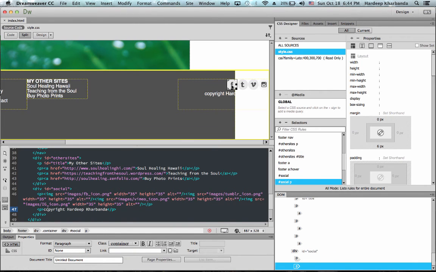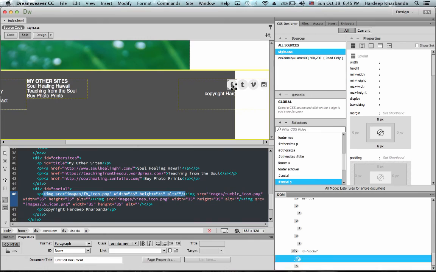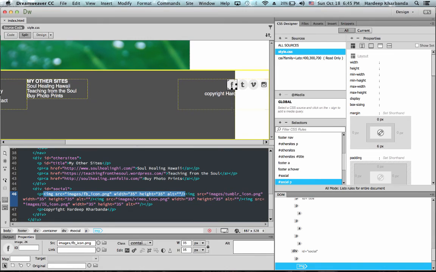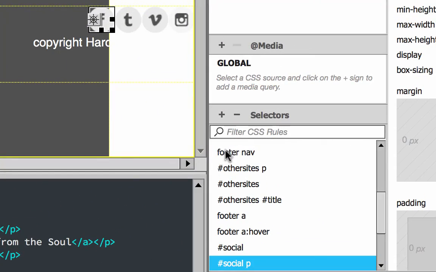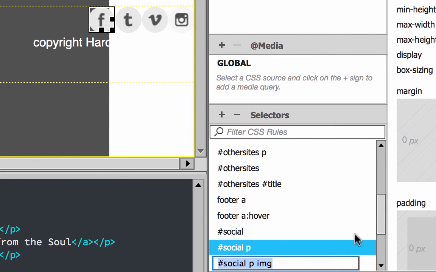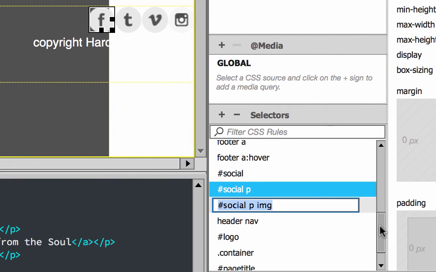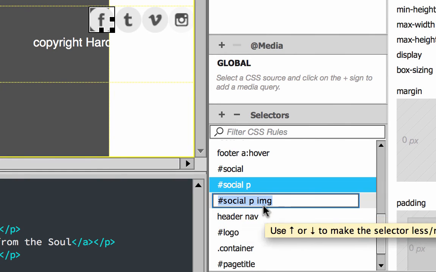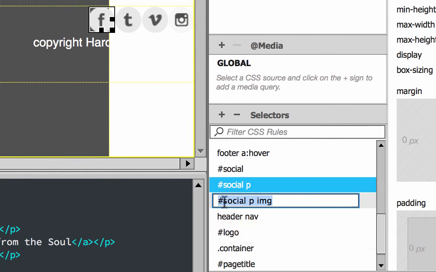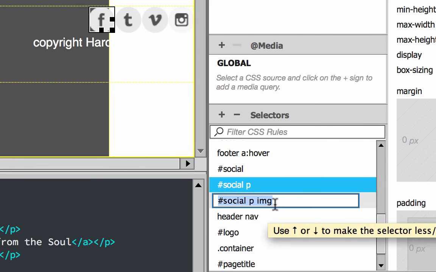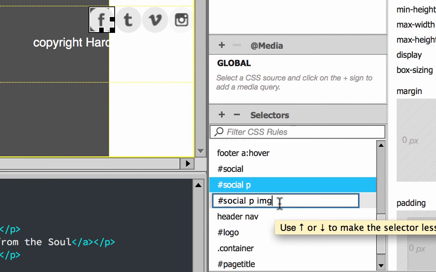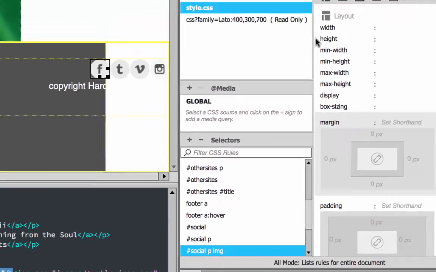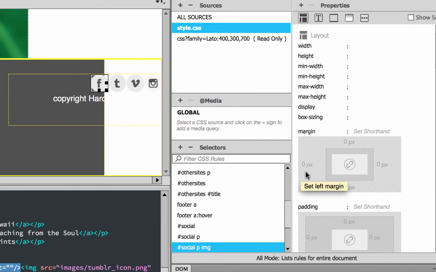So I can click on any image inside my social div, add a selector, and it says hash social p image, so an image inside a paragraph inside the social div. I'm happy leaving the selector as it is, and I'm going to give them some margin. So some left margin, let's say.